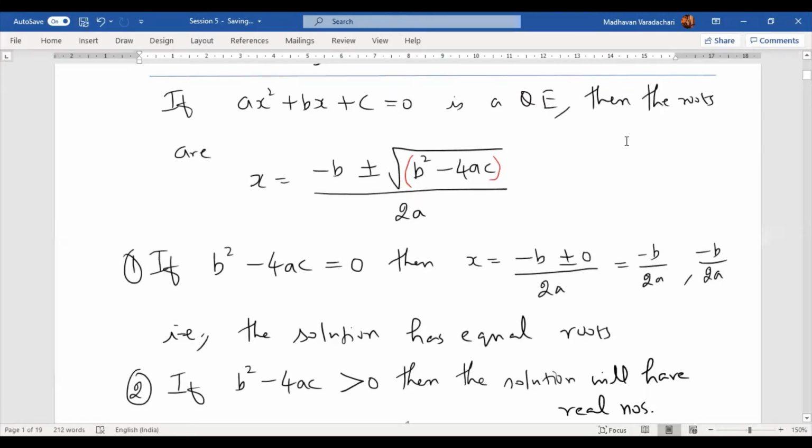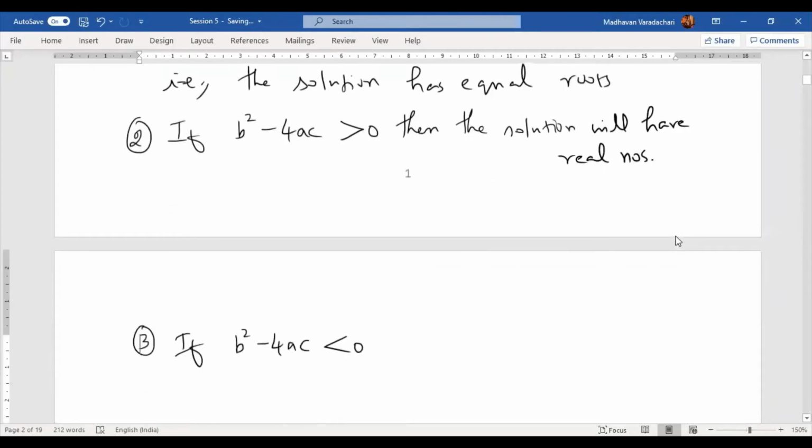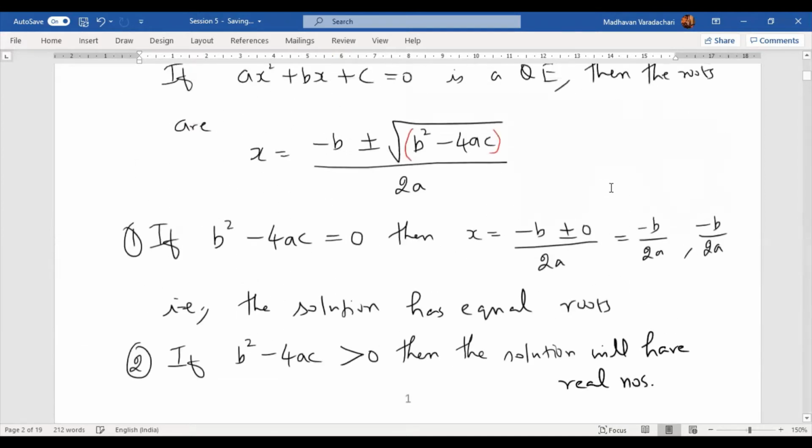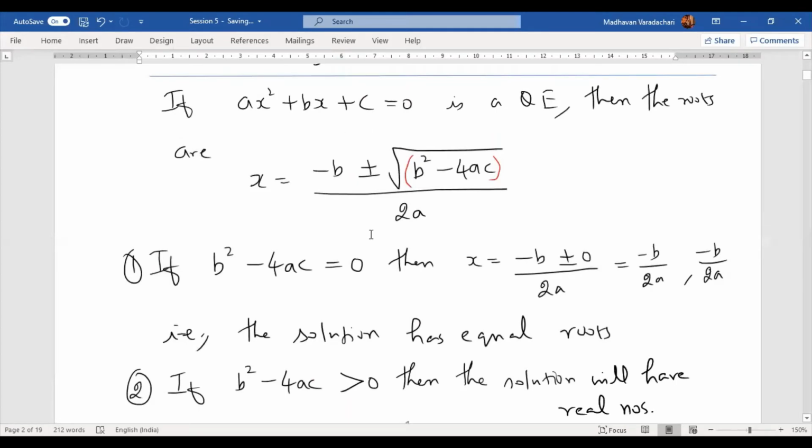Square root of a negative number becomes an imaginary number, right? So then the solution will have imaginary numbers. So these are the three possibilities, means either the solution will have equal roots when the expression inside the brackets